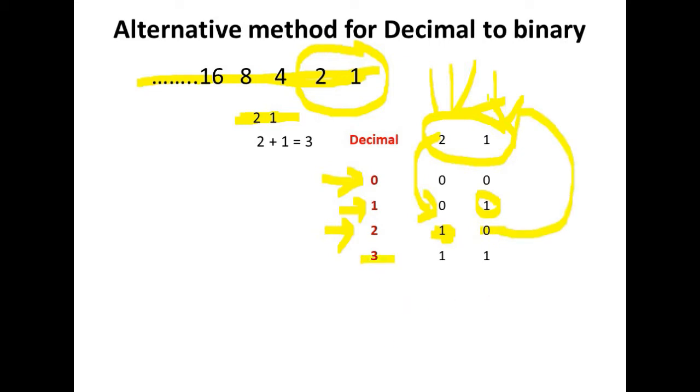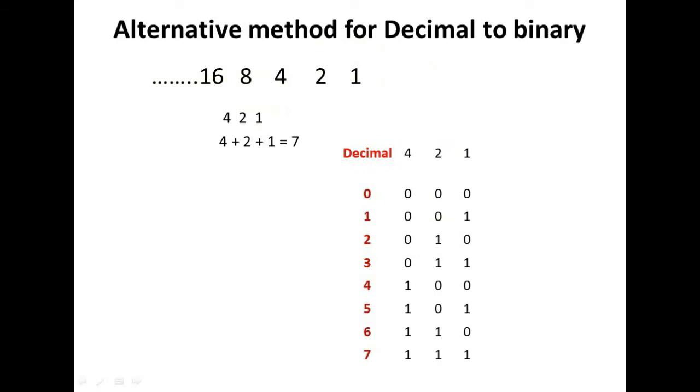What will happen for 3? 2 plus 1 equals 3. So here we see that we require both the weights. That is why, to write 3, we take both numbers. So we take 2 and 1 all together, and we get the number 3. Now come to the binary number of 3 digits. If we have to convert a decimal number which requires 3 digits, then we will write the weights like this: 1, 2 and 4, that is 2 to the power 0, 2 to the power 1 and 2 to the power 2.